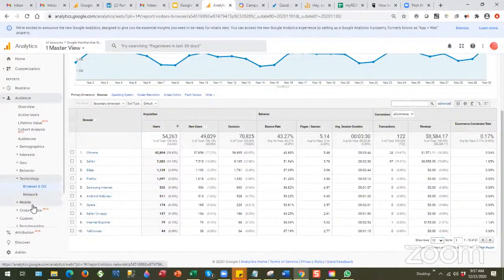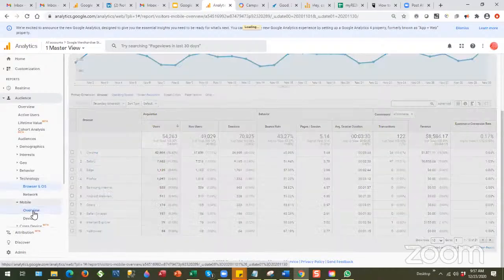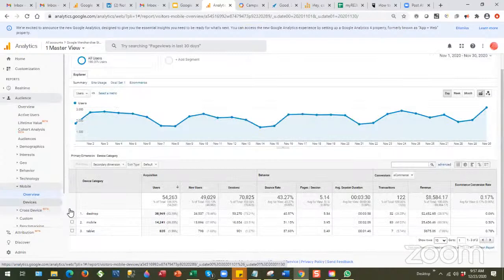And the next thing is, when we go to the mobile overview, it gives us a sense of how many users are coming from desktop, mobile, and tablet. So most of the users that come to the Google Merchandise Store are coming in from the desktop. And also remember to look at the users, the bounce rate, the average session duration, as well as the e-commerce conversion rates or the revenue that is being generated, because that is going to give you a